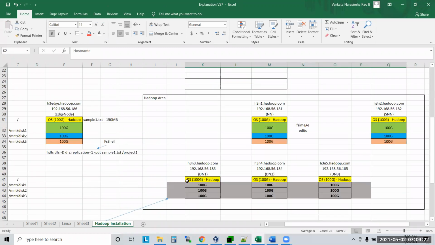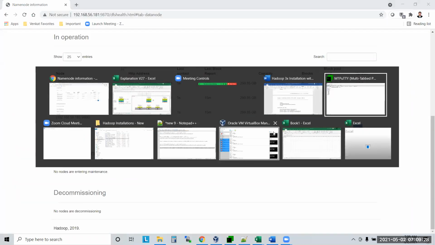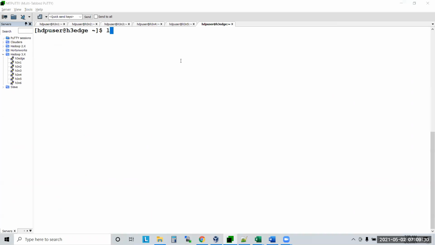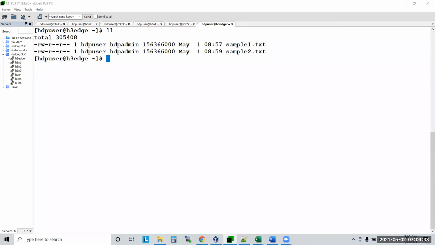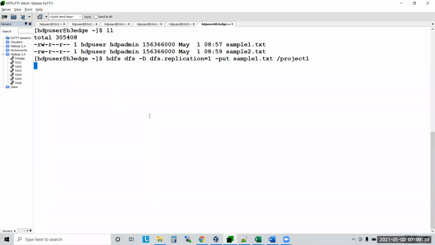Now what are you doing? You are executing a command. Where is your file now? You are on the edge node. You have 2 files here. One is sample1.txt. You want to copy sample1.txt into HDFS. So what is the command you are using? hdfs dfs -D, you clearly mentioned that I want only one copy.